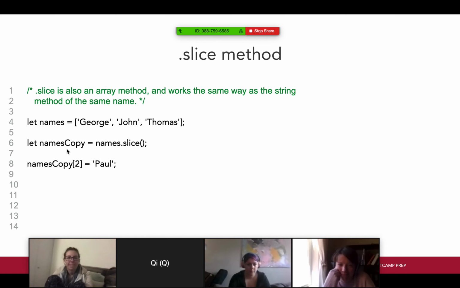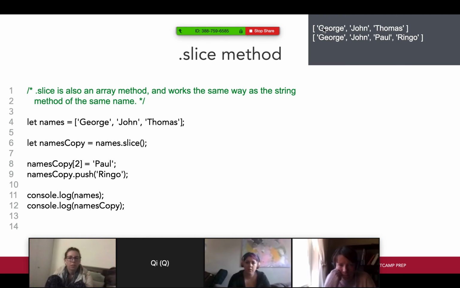So as you can see, let names equal George, John, Thomas. Let namesCopy equal names.slice and pass nothing into it. So namesCopy will be this whole thing. namesCopy of 2 will be Paul. And then namesCopy.push Ringo. As you can see, names is George, John, Thomas still. We made a copy of that names. We changed index 2, which was 0, 1, 2, Thomas, to Paul. And then we pushed Ringo into the copy. So now I made another array based off of what I had before without changing what I had before. But now you can see that I'm talking about a different group of people. In my opinion, a more important group of people. Am I right? Anyways,